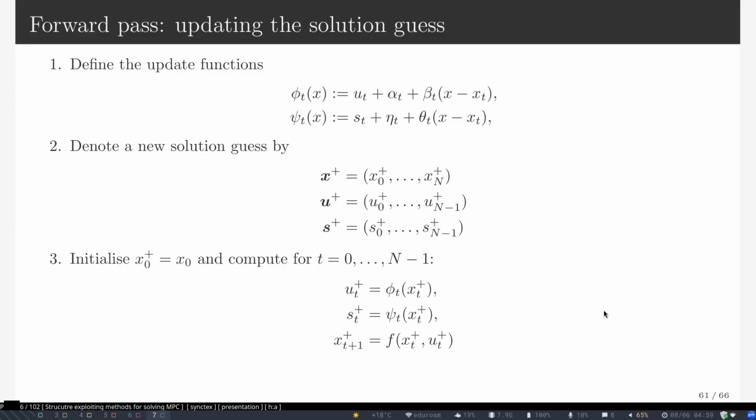Now, there is a benefit to this. The real benefit is the solution that we obtain comes with this. We call it the feedback form. So if you didn't have time to finish your calculations, you can use the previous feedback form to update your current one. Assuming things don't change too much, you can run your update of the algorithm open loop while the rest of the algorithm is catching up.